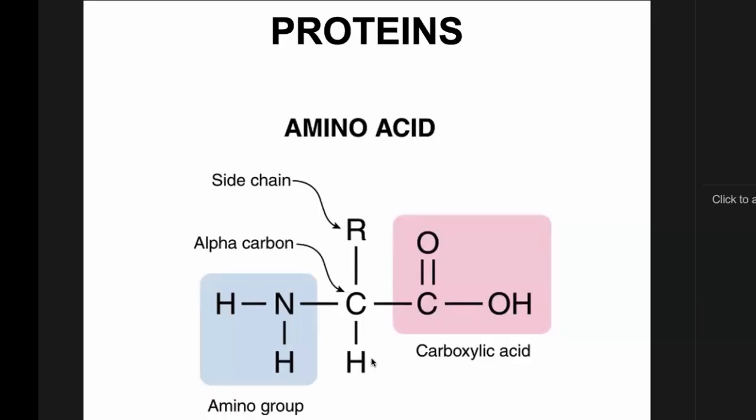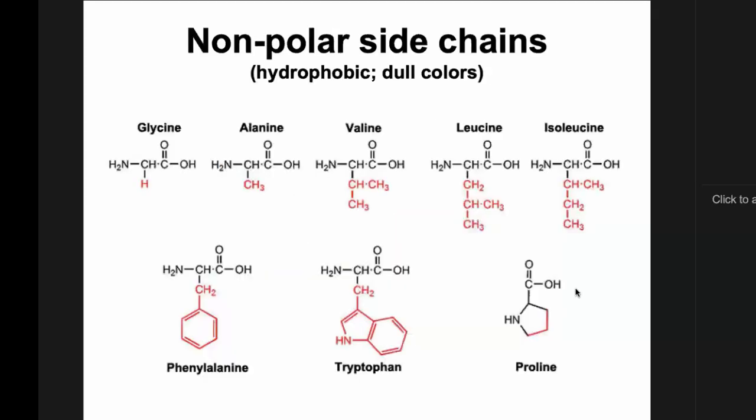So amino acids actually get their name from the fact that they contain both an amino group on one side and an acid group, or carboxylic acid group, on the other side. The 21 amino acids are subdivided into several different groups based on the chemistry of the side chain. And one of the big distinctions about the side chains of the amino acids is whether the side chain